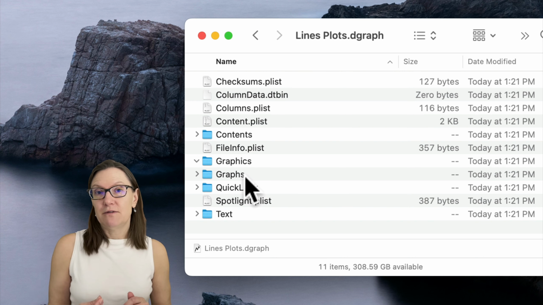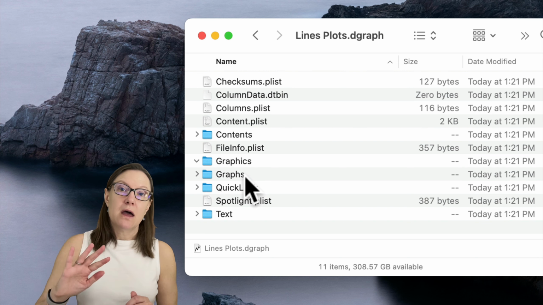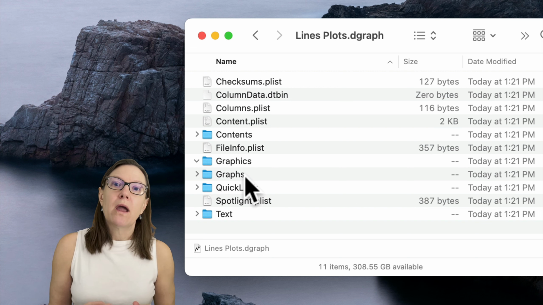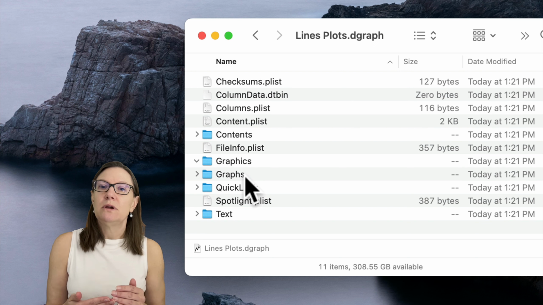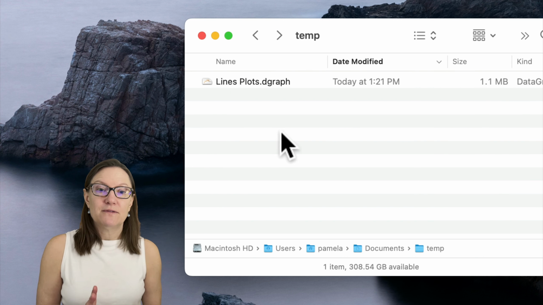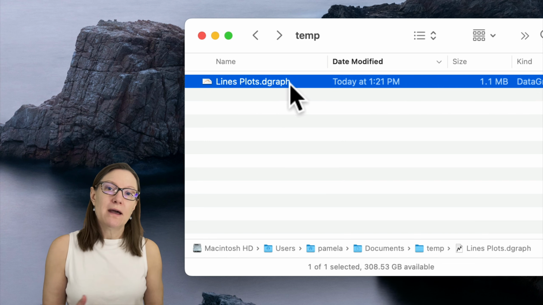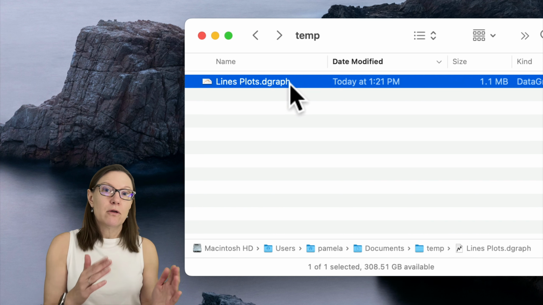What are some of the disadvantages of the package file? Well, really the main one that we have seen is, again, when files are used on a remote server, you can have an issue where there's a confusion because the package file format that DataGraph is accepting has all of these files and folders in it. And if your files are being downloaded on demand, only when you need them, not all the files may be